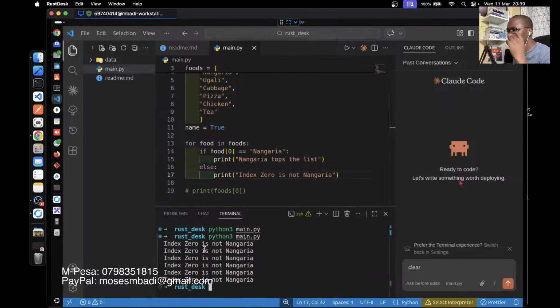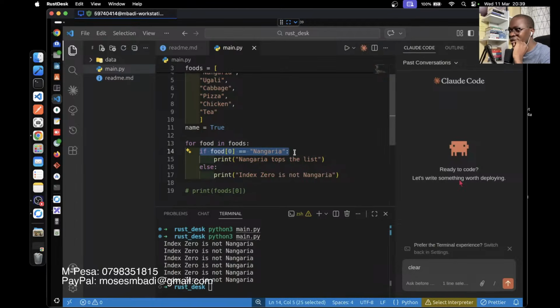So index 0 is not Nangaria, index 0 is not Nangaria, index 0 is not Nangaria. What did I want to show you guys here? I wanted to show you that if you use a for loop, it goes through the entire list one by one. So somehow this returns false.